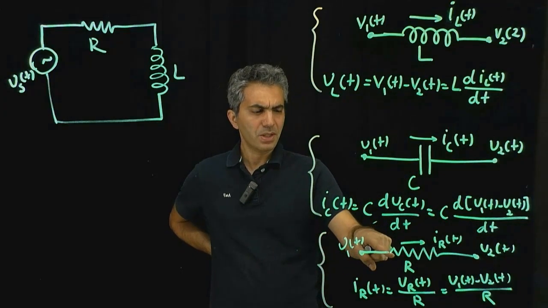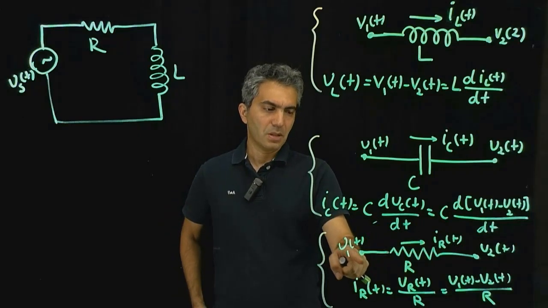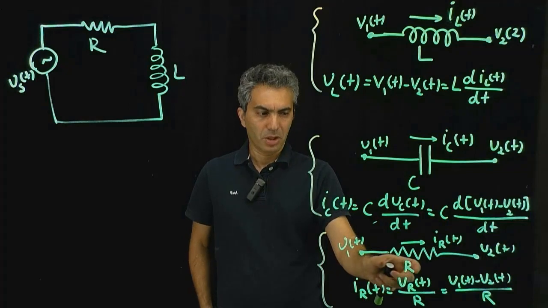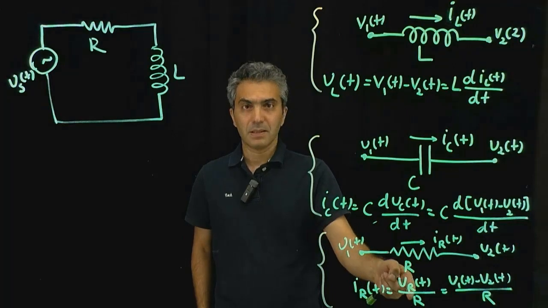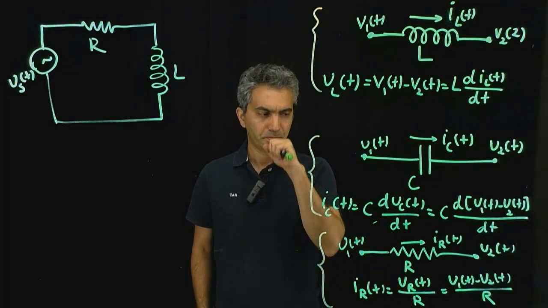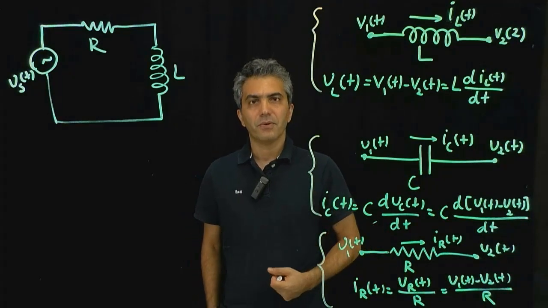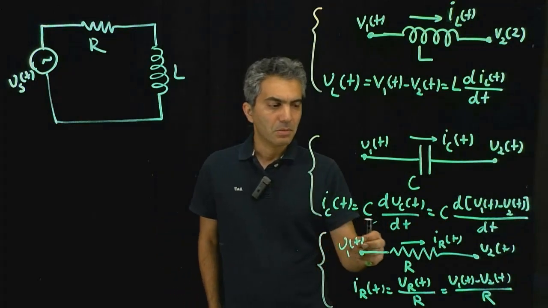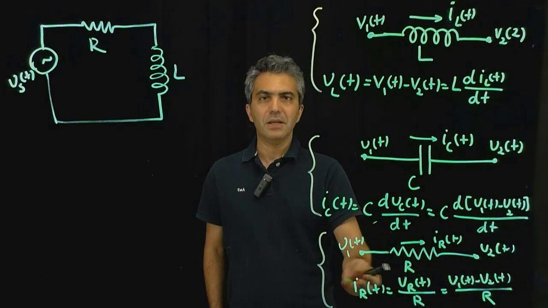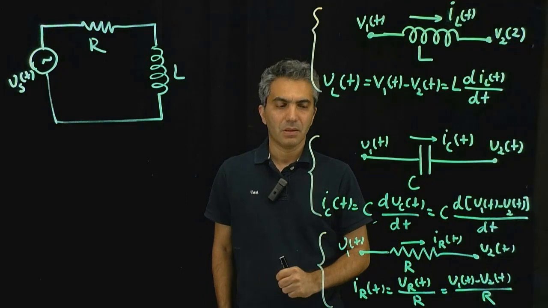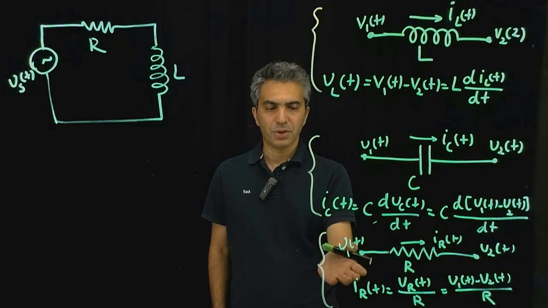Now, with the resistor, if you recall, the equation that defines the operation was something like this. We called it the Ohm law. You take the voltage across the component divided by the resistance in the unit of Ohm, and you get a current. Simple equation. It was easy to solve circuits that include resistors, mainly because it was just a simple algebraic linear equation that defined the voltage across the component and the relationship of that voltage to the current passing